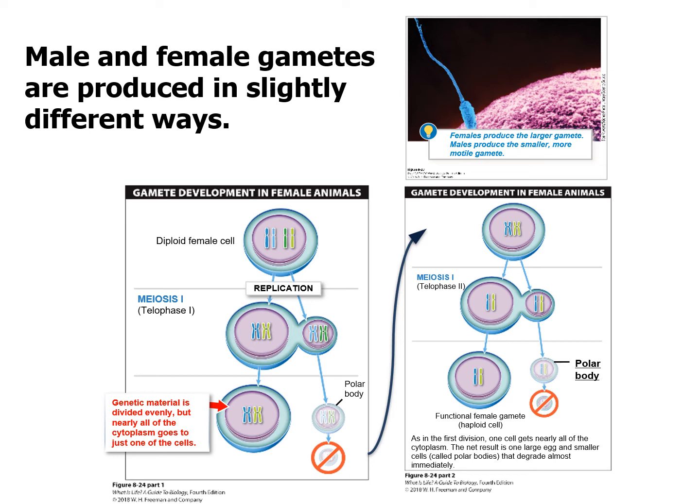So for males, the process of meiosis to create sperm cells, which is called spermatogenesis, is going to result in 4 mature sperm cells. For females, this process of meiosis to create one of these egg cells, which is called oogenesis, is going to produce 1 ovum and 3 polar bodies, which are essentially just trash.